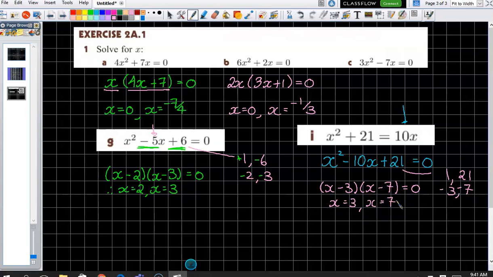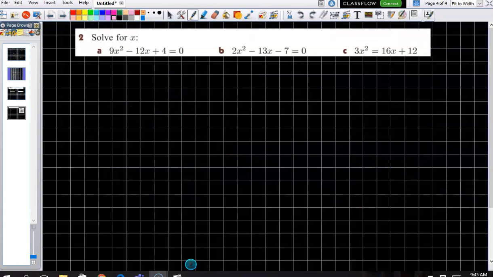Sweet? When it gets up to number 2, notice we have a number out the front here. And unfortunately, we sigh, because we cannot pull 9 out as a common factor. We're listening? So, these ones are a little bit irritating. I'm going to come back to this one in a minute. If we look at number 2,